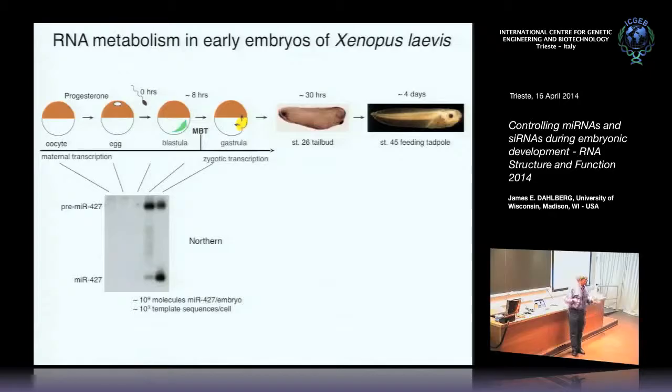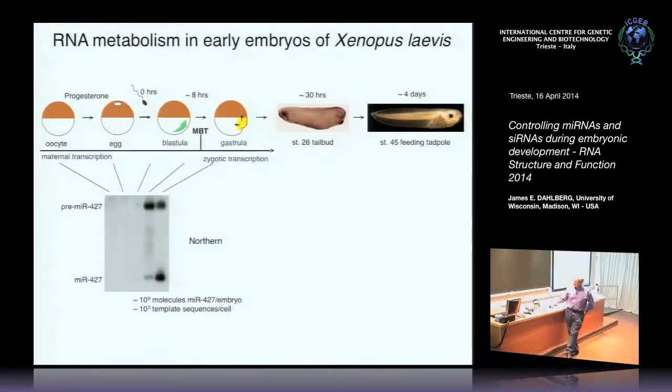There's a similar system that has been described by Giraldez and his co-workers at Yale in zebrafish, and that's, I think, miR430. It just happens to be numbers that are similar to each other, but the consequences are fairly similar to what we observe in the frog. So this is one thing that happens: we do see the formation of miR427, but we also see